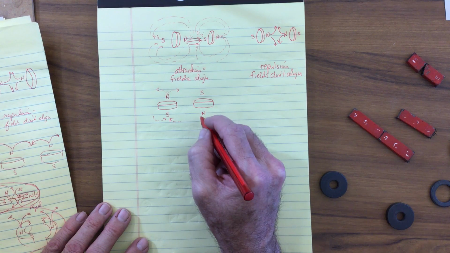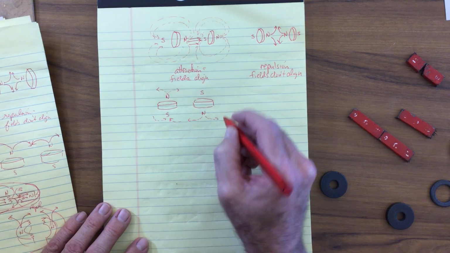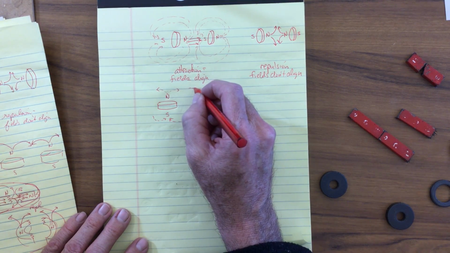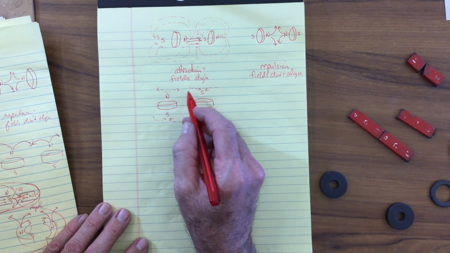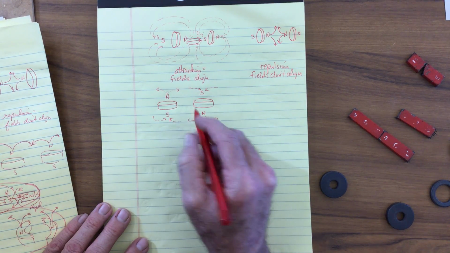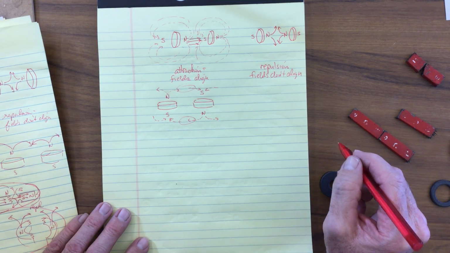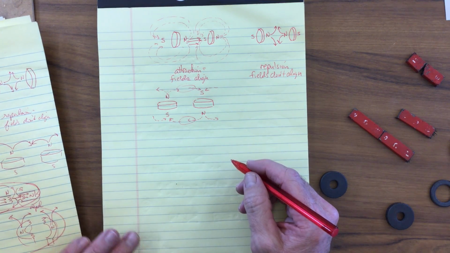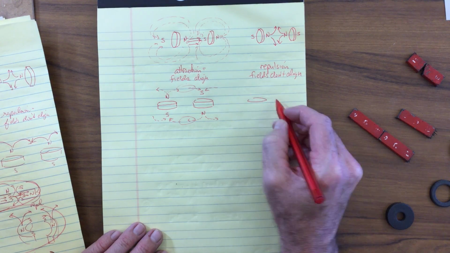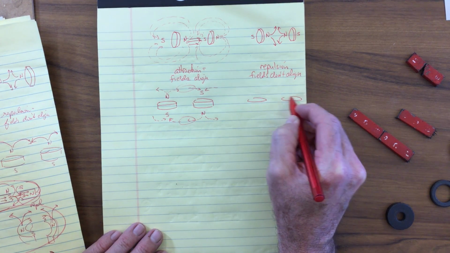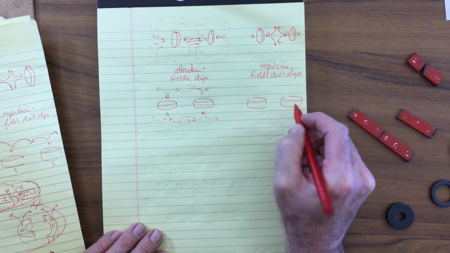But let's actually draw the fields for these guys over here, coming out from the north, coming in to the south. What's going to happen is that these magnetic field lines are going to be making a connection. Therefore, the fields align, there will be attraction. Very similar to this scenario over here, if you have your two magnets that have the same pole on the top,